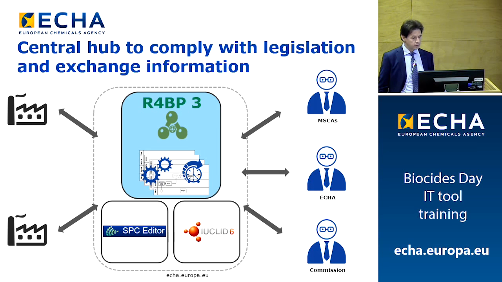So it's the central point where industry, competent authorities, of course ECHA, and also the Commission have to interact in order to submit the applications and get authorizations and report also evaluation in order to get the authorization. It's an IT application which is containing a number of processes,